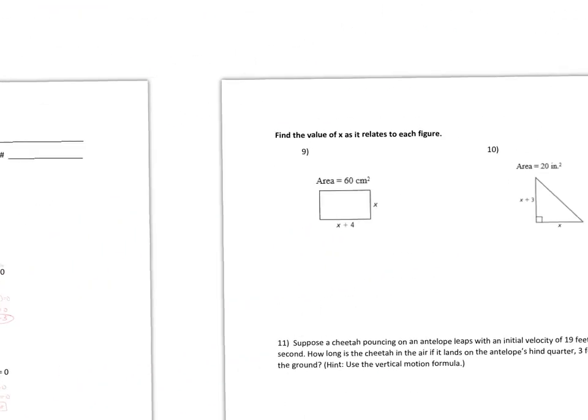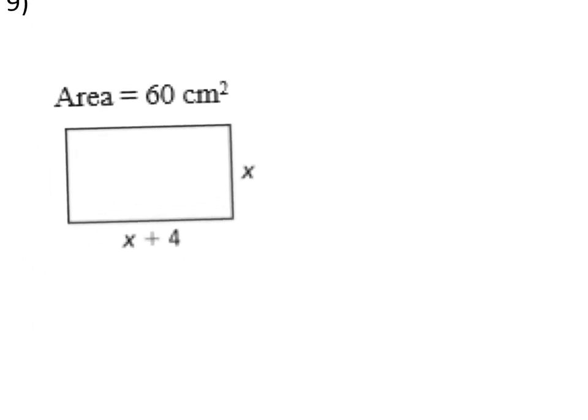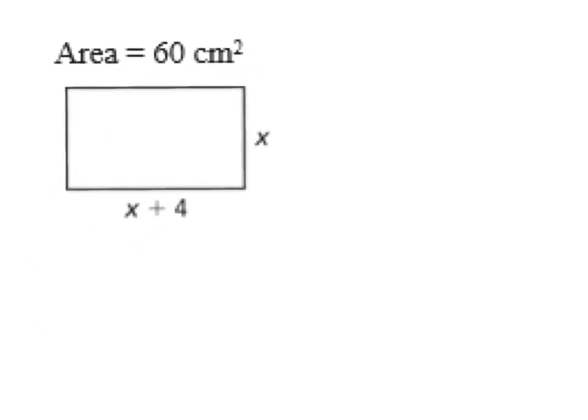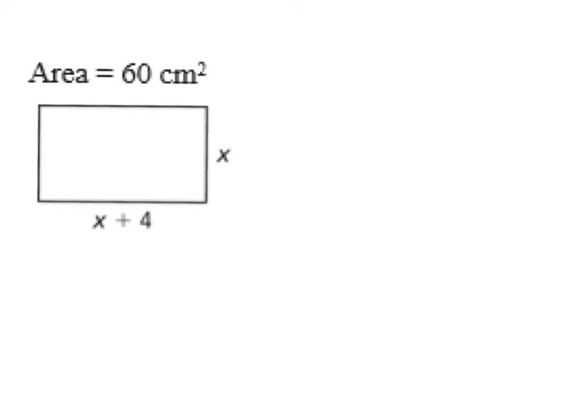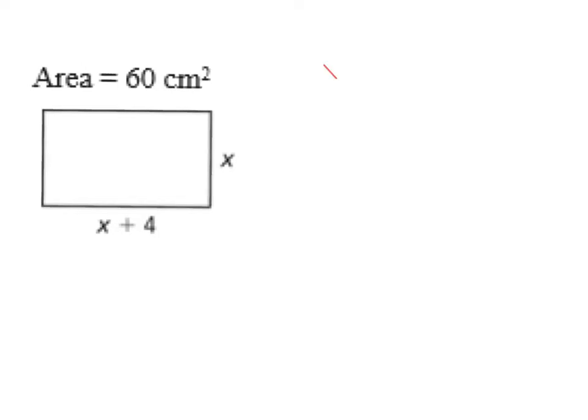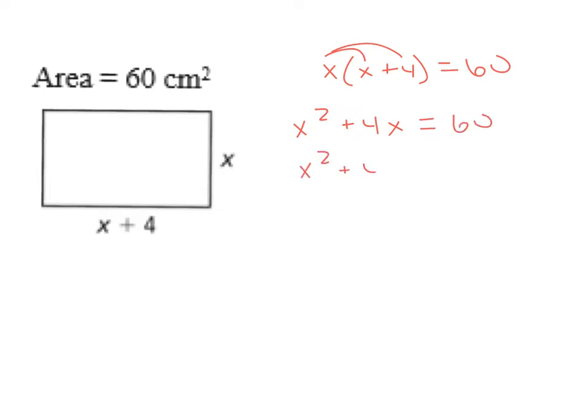Okay, next page. All right, so area of a rectangle. So I'm going to have x times the x plus 4, length times width, and that's going to be equal to 60. Now we need to go ahead and drop that x in because we got to get it set equal to 0 so we can factor it. So x squared plus 4x equals 60. Now subtract that 60 off